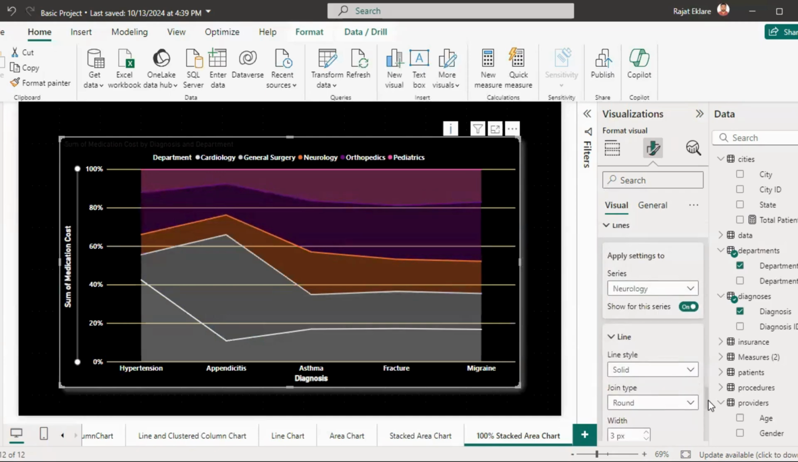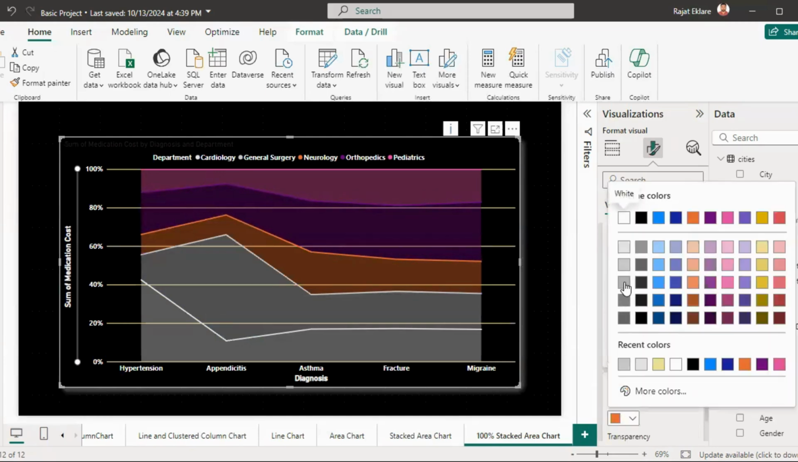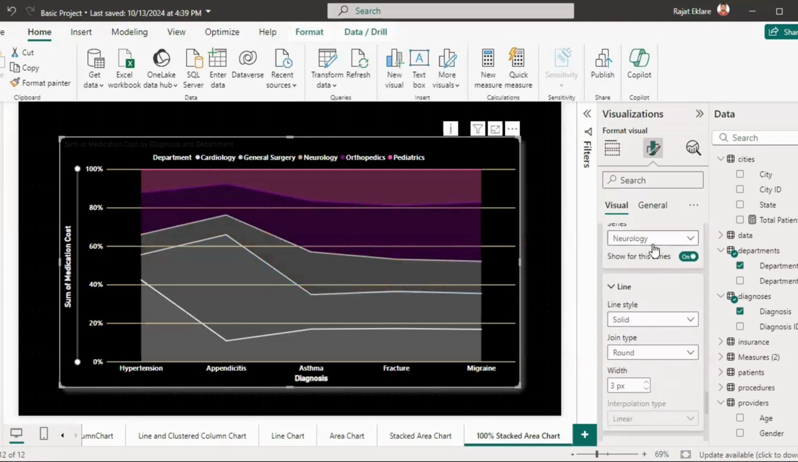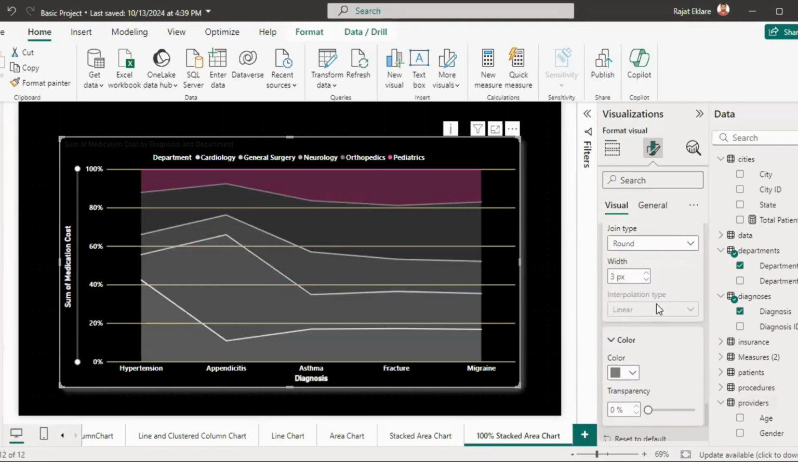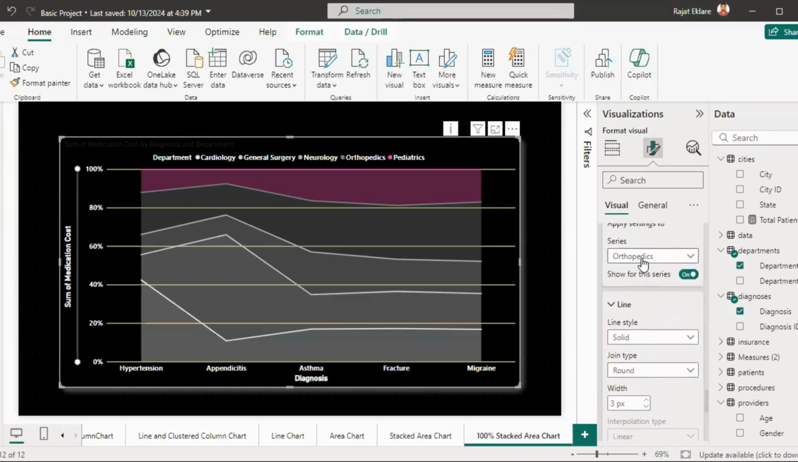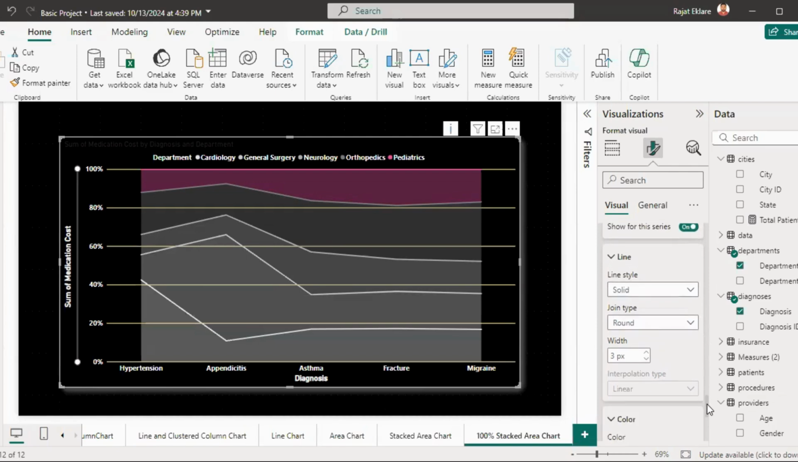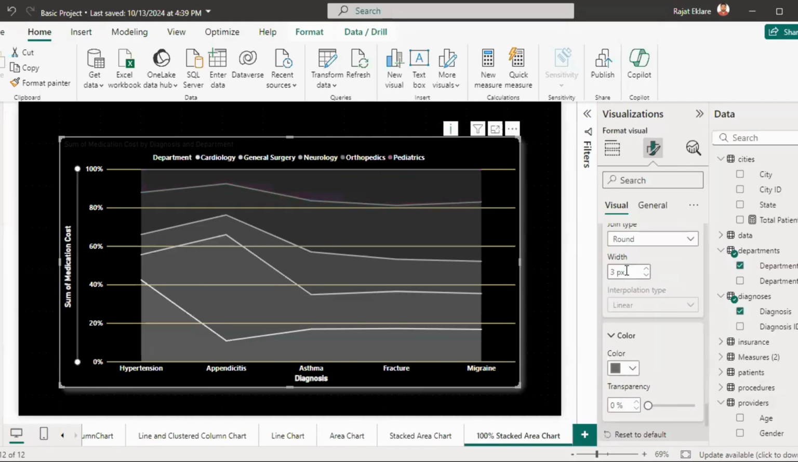Then the third line is neurology. So I'll select the third color. Then we have orthopedics. I'll select the fourth color. And the last one is pediatrics. So I'll select the last color. Okay. So now see our 100% stacked area chart is looking really good now with the help of black and